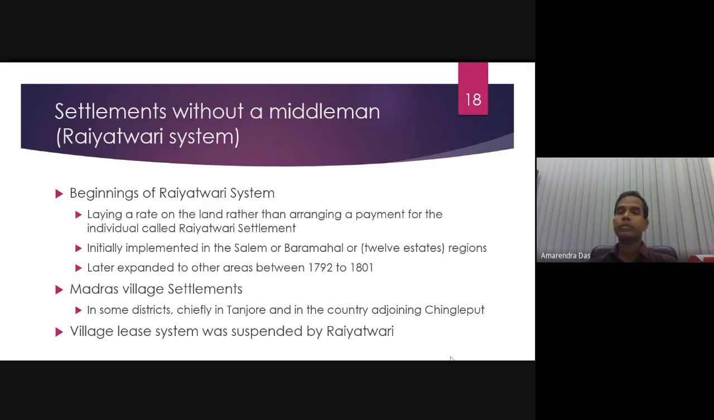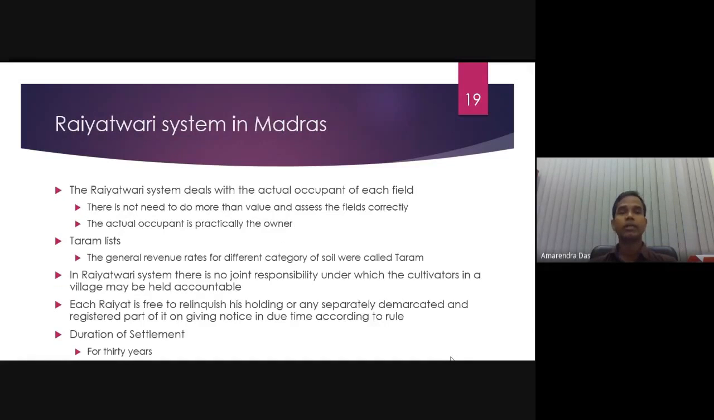And then in some regions, villages in a group could also pay the revenue to the British administration, and the village lease system was later suspended by Raitwari. So the Raitwari system was introduced. That means from individual to the British directly, because the British directly collect and decide the rate, and that's why we pay them directly. The Raitwari system basically deals with the actual occupant of each field, and there is